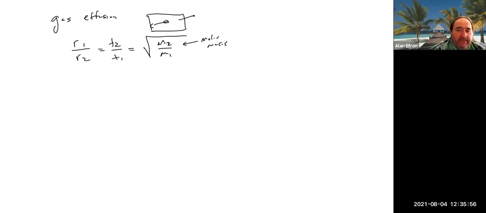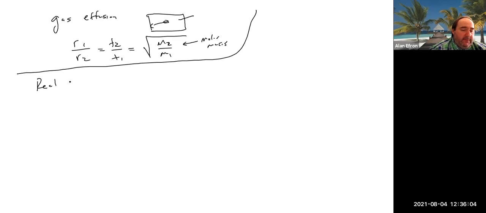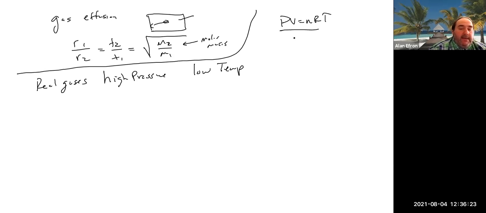Now, we finished up the gas chapter sort of talking about the idea of real gases. Real gases are really when we get really high pressures or low temperatures. And remember that the kinetic molecular theory of gases, when we talk about an ideal gas, which behaves like the ideal gas law, there's basically two things that we don't take into account: the volume of the gas itself and interactions